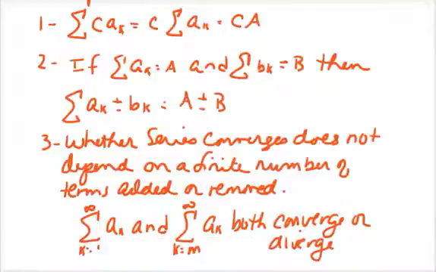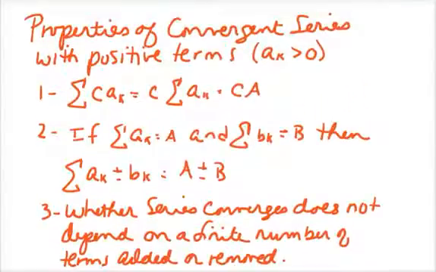So as promised, this is the wrap up to 8.4, and these are properties of convergent series. These properties look very, very similar to what we saw with sequences, which go back to the properties that looked familiar to us from our limit laws. So the thing that I want you to realize with these laws is that